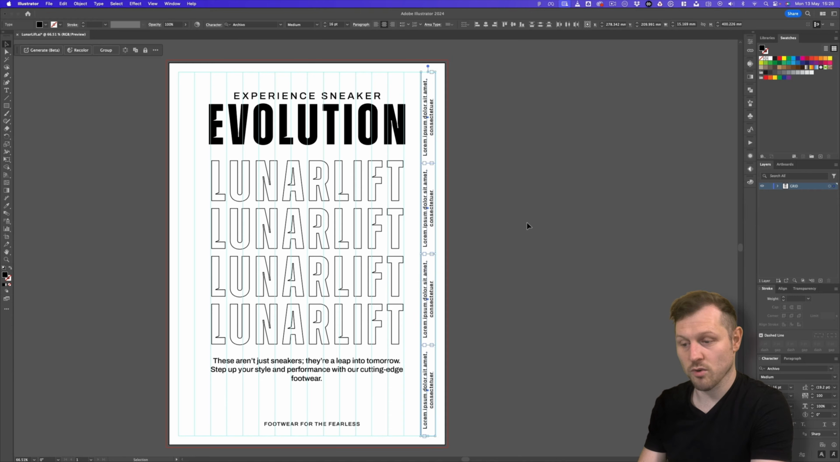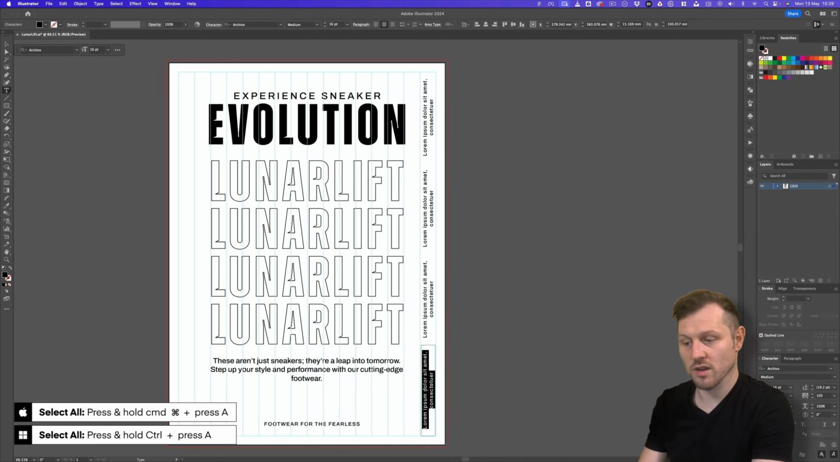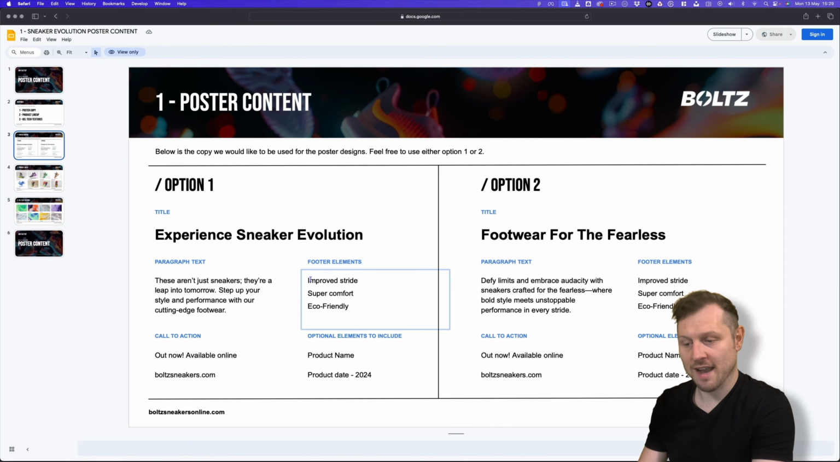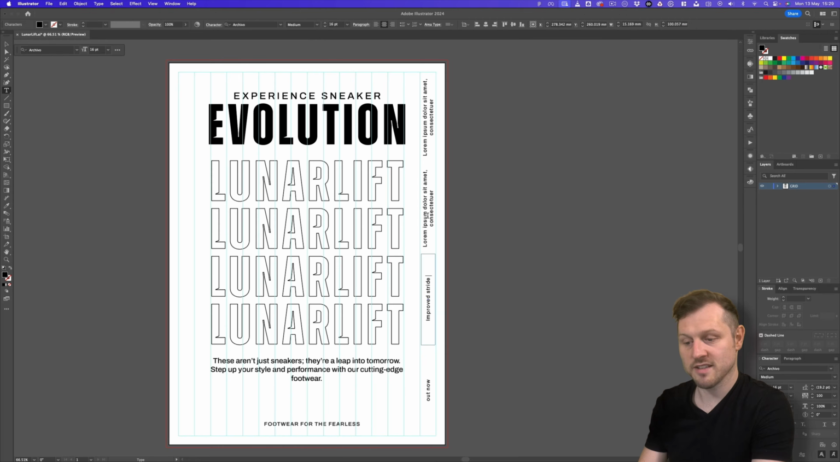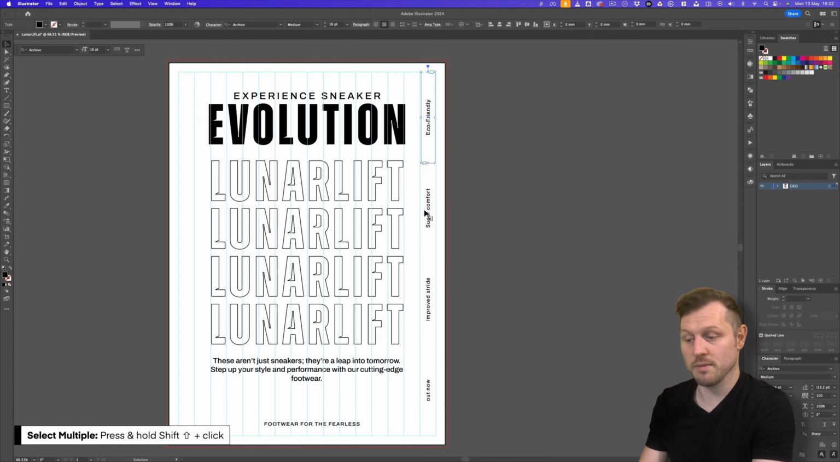So now it's just a case of quickly changing the font and adding the type. So I'll click into the bottom box and press Command A on Mac or Control A on PC to select all, and I'll type out now. Then back into the content deck, I'll select each footer element and paste them into the remaining 3 boxes. Then I'll select the top text box, press and hold Shift and select the 3 below until I have